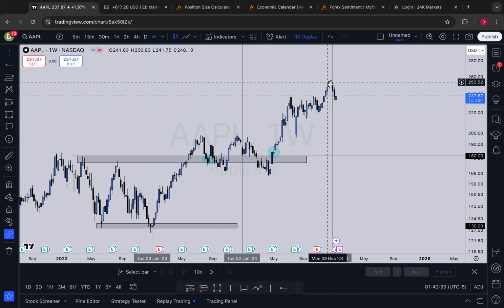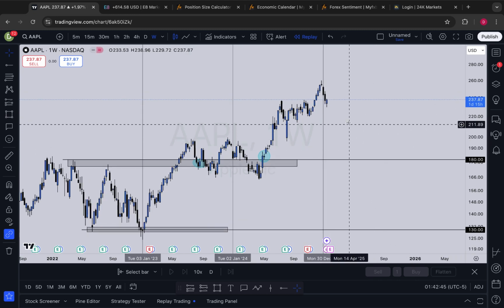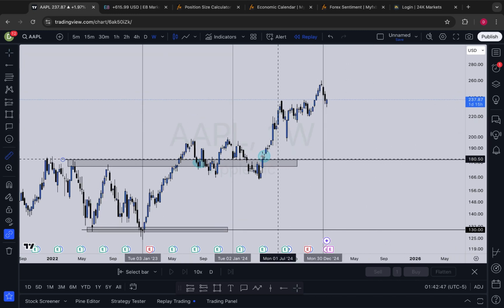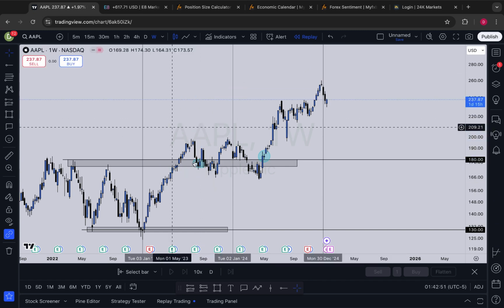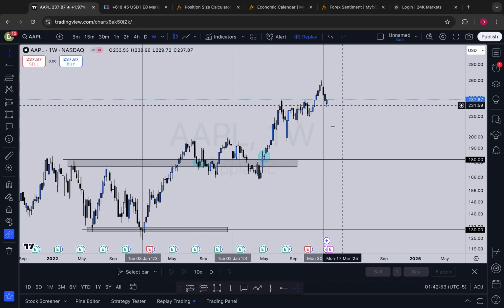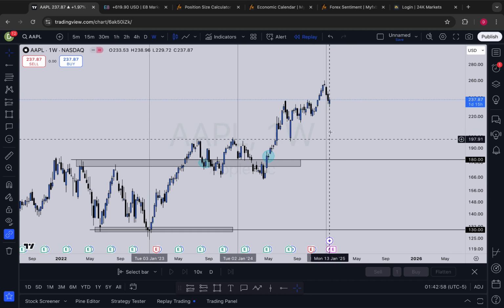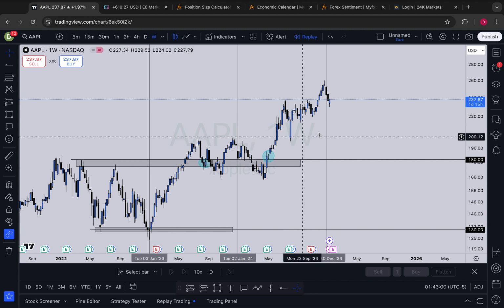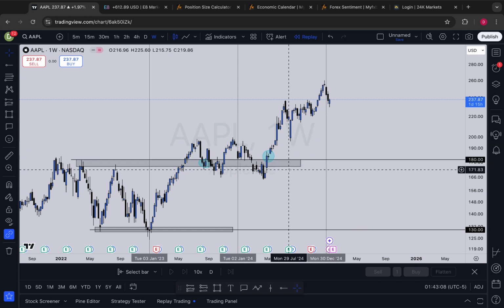Now price is up. Price touched 256, almost $100 gain, about $70, $80 gain. Let's see what's the percentage on that. 33%. You put in $100, now it's worth $130 over a year and a half. It doesn't sound like a lot with just $100, but $10,000, now we're talking, right? Plus